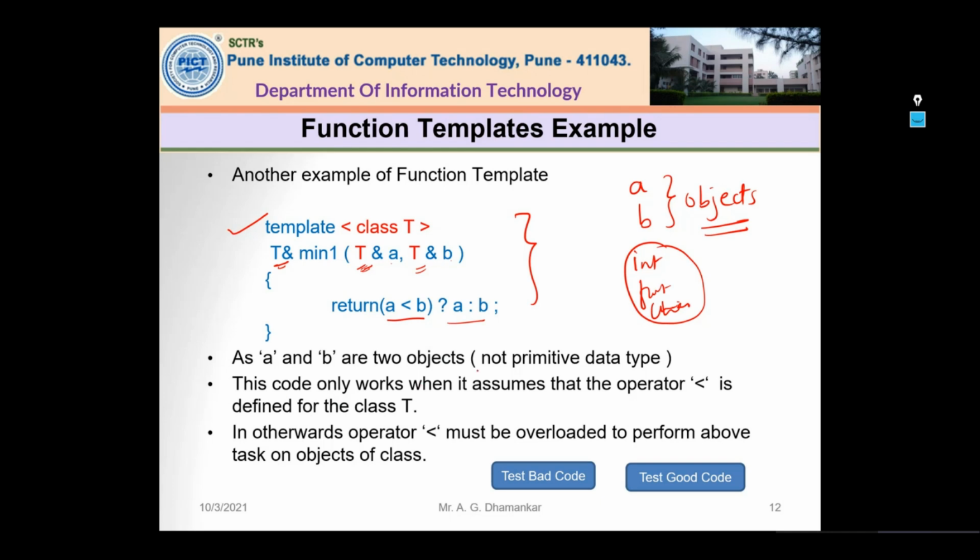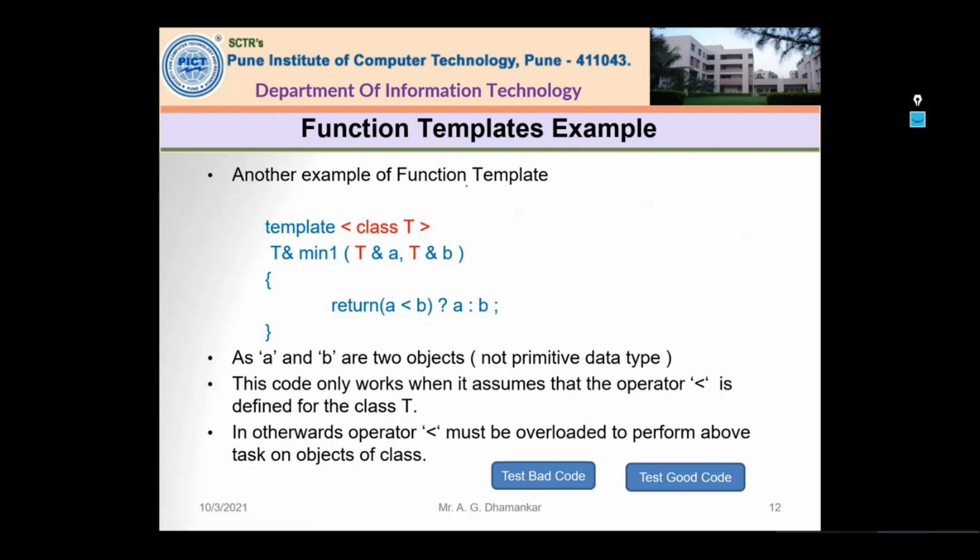This code only works when it assumes that the operator less than is defined in the class T. Okay, let me give you a clear-cut idea about this. See, this is an object, and this is also an object. And the less than operator on the objects will not directly do this task. So function